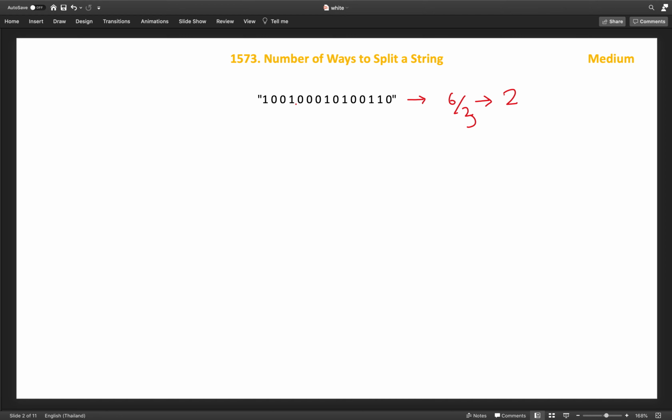As we can see, for the first cut, we can cut here and this cut can go till here. So, these are the places we can cut, and similarly for s2, we can either cut here or here or here. So, we have 3 places to cut in this part, and here we have 1, 2, 3, 4. So, we have 4 places to cut. If we multiply all of them, this will become 12. We can cut this string in 12 ways such that each of s1, s2, s3 has an equal number of ones.